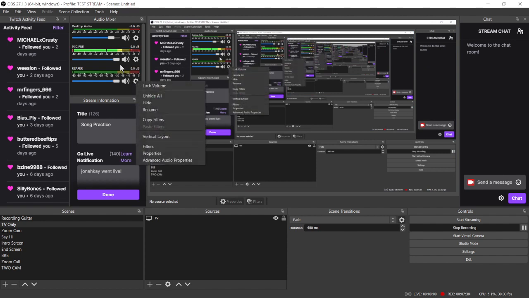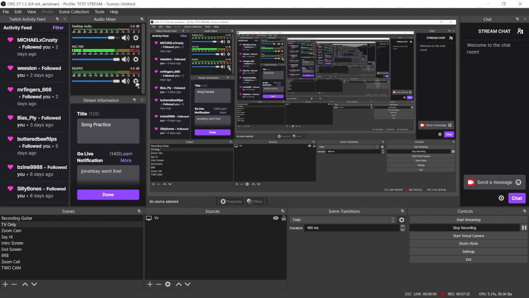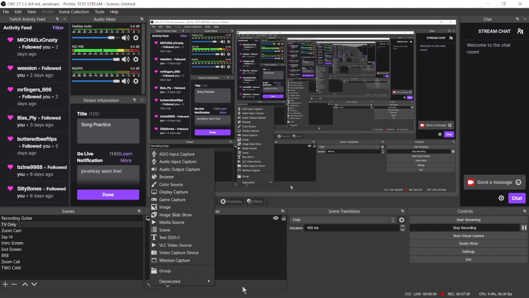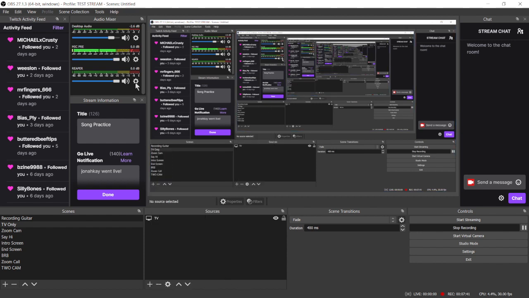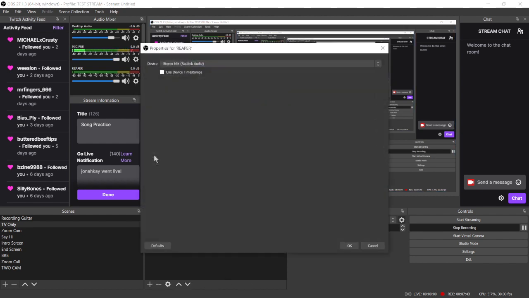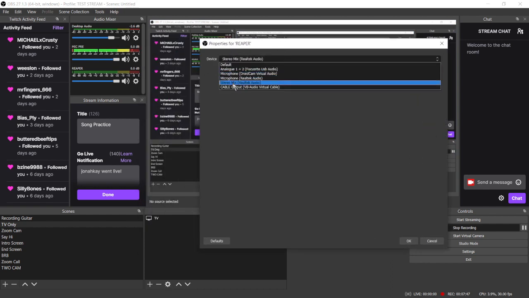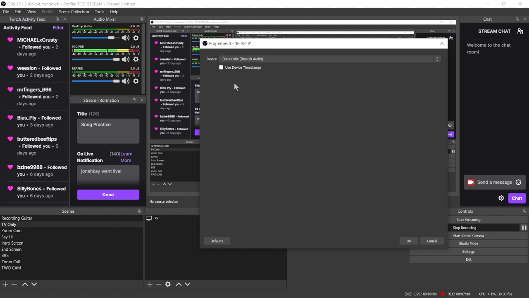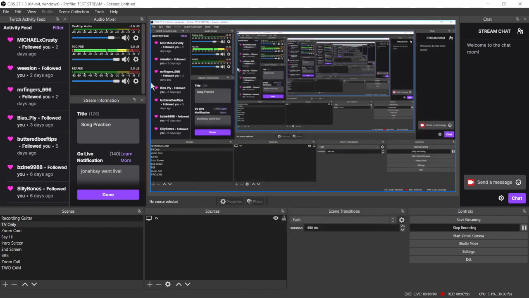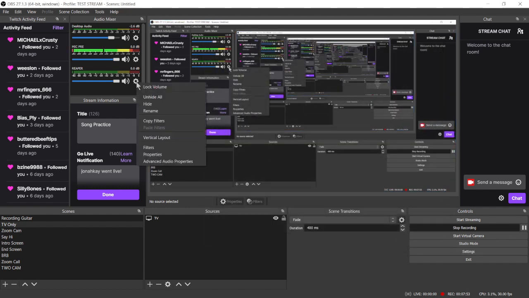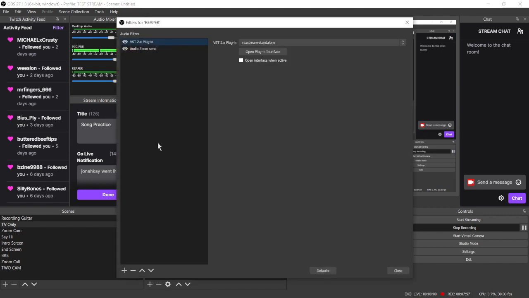Now what we need to do is set up the channel for Reaper. So go to the bottom, add input capture, and this time when it asks you what device, you're going to select stereo mix. Now this is a blank channel. Okay, now once you've selected that, you go to this toggle systems wheel, and then you go to filters, and you click add filter